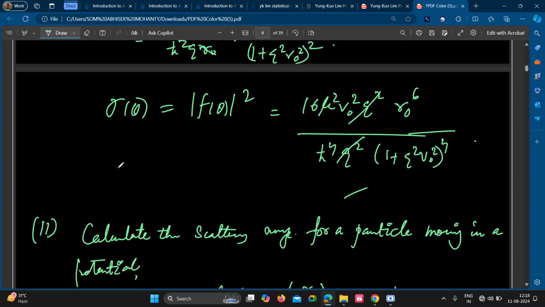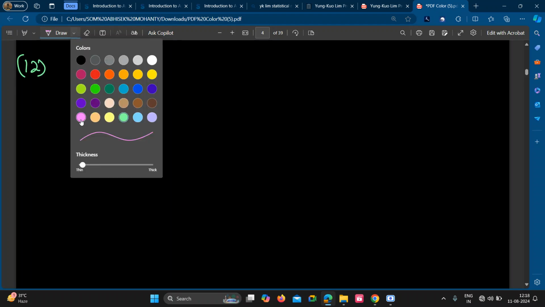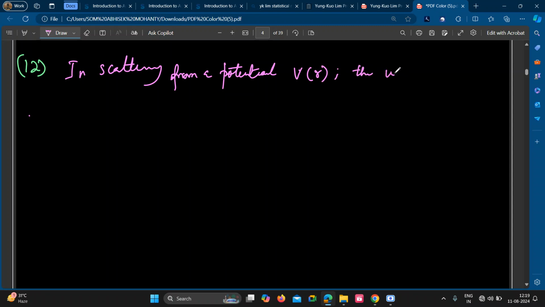Okay, let's do one more. This will be a good question. Next is 12. This is a different type of question. Write down: in scattering from a potential V(r), the wave function psi(r) is written as